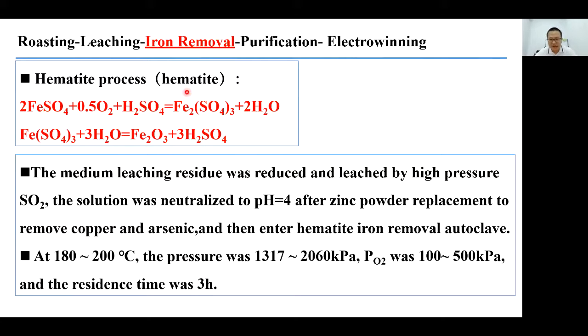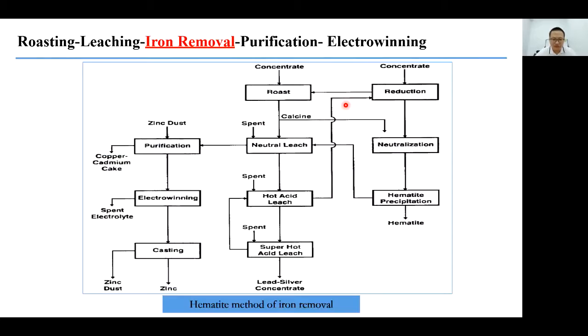So this hematite process needs more energy and needs more cost. So it's less used in industry. But it's very well designed because it has advantages in recovering several